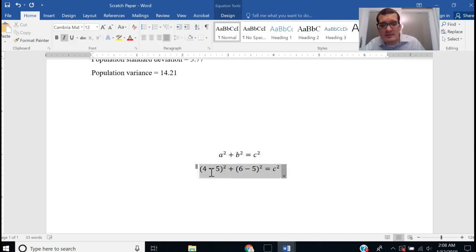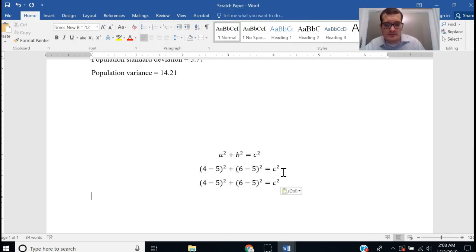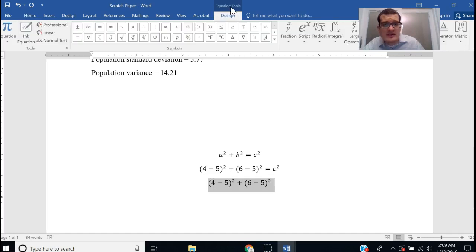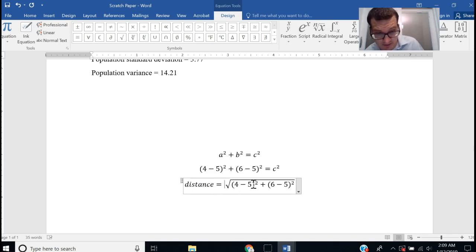And if we think about what that means, well, c squared is that. So what we could do is highlight this thing and square root the whole deal. Yep, good. So our distance is just the square root of the difference between 4 and 5 squared plus the difference between 6 and 5 squared. Notice how that